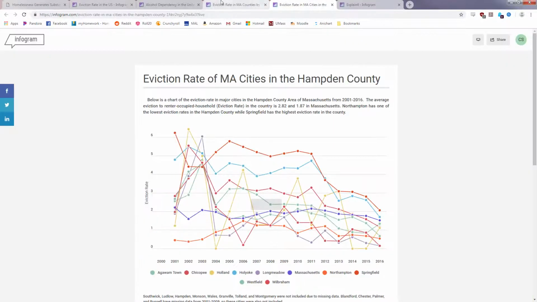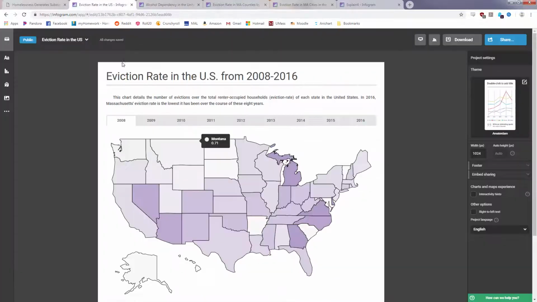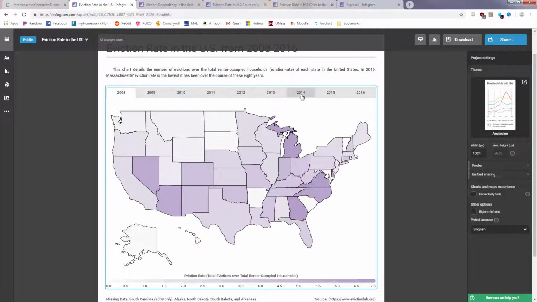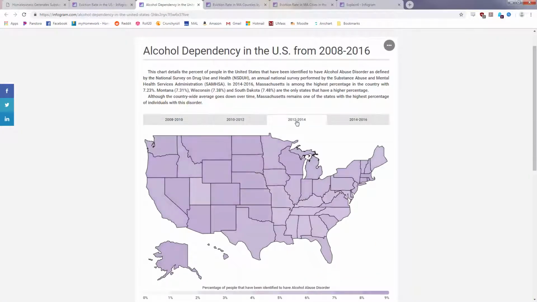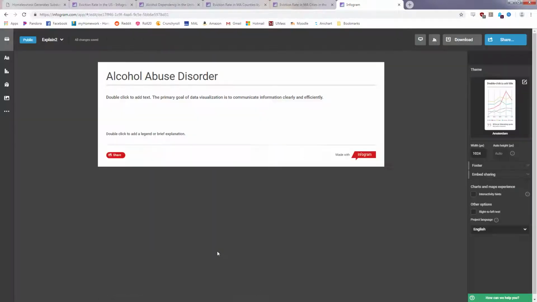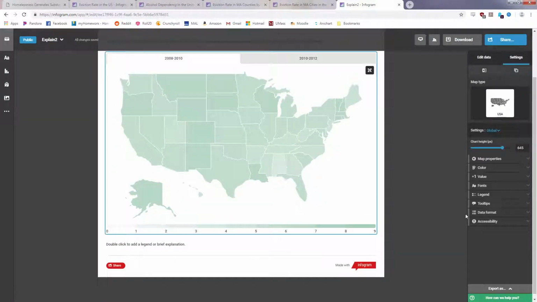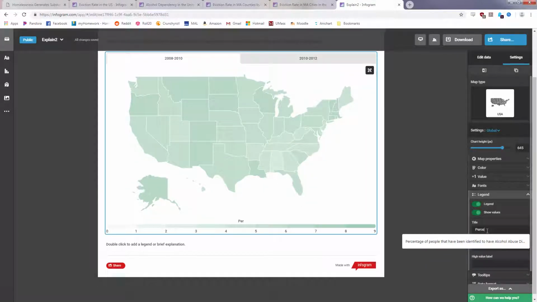So that is how we created each one of our infographics, and I'll show you the finished products of each. For the first one, you go through each individual year. This is our second one. You can go through each range and scroll over them and see. We labeled our axes here. One thing I forgot to mention is you can label the legend, which is pretty important. You want your legend to have a title, so you can add that percentage of